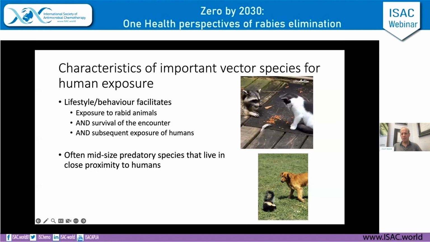So dogs can be vectors. So dogs are reservoirs where canine rabies is present. Where canine rabies isn't present, dogs can be a vector. They're not going to be established reservoirs in that area, but we see a dog-skunk interaction on the bottom here, which can lead to a lot of bad things, but also rabies exposure. And we've got a cat-raccoon in our area. This would be one of our main concerns for infection of a cat as a vector species.